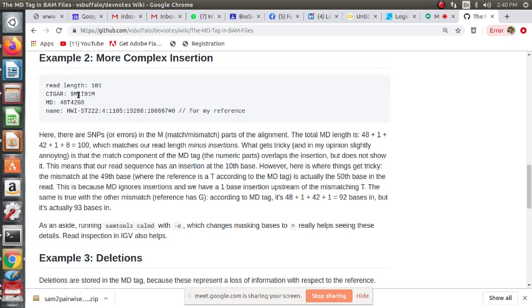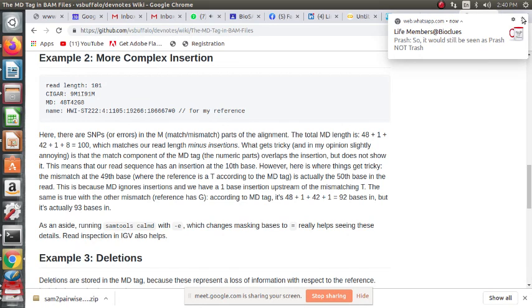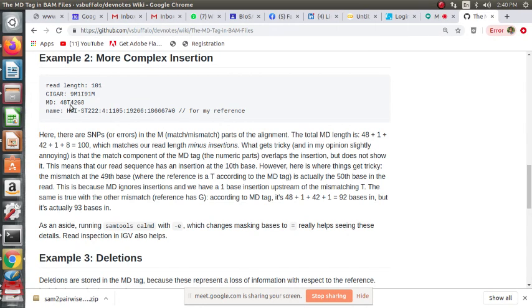So the 1 insertion is part of the MD somewhere in the middle, between the 9th position and the 49th position. Okay, so this means that our read sequence has an insertion at the 10th base.